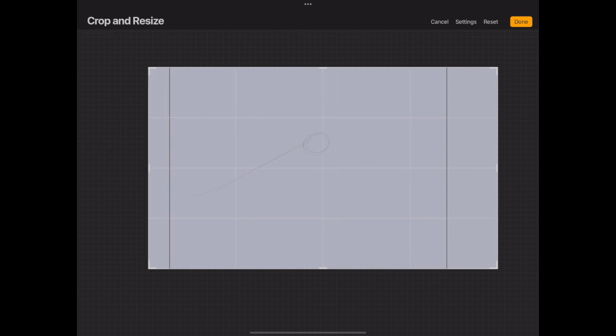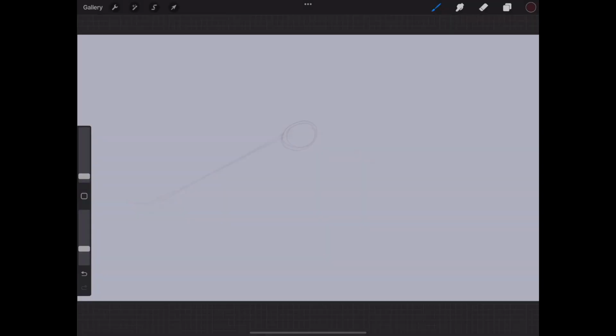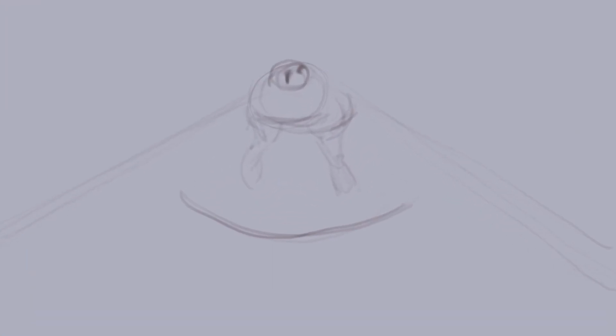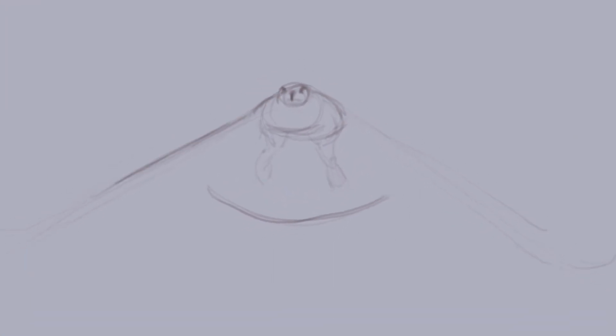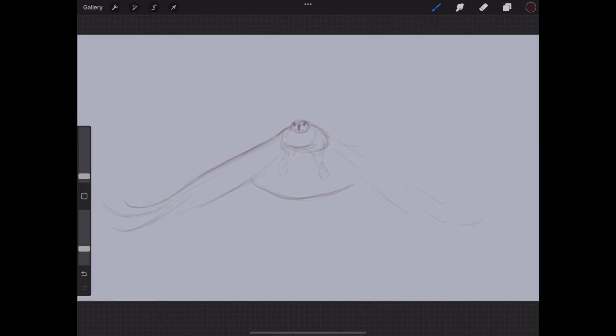I'm using Procreate, but you can follow along with whatever digital program you like to use. Let's draw the head and the legs, which will be hanging down. Then the tail, the beak and eyes. The wings with the long and curving feathers at the tips. By the way, the list of materials that I am using is in the description below the video.